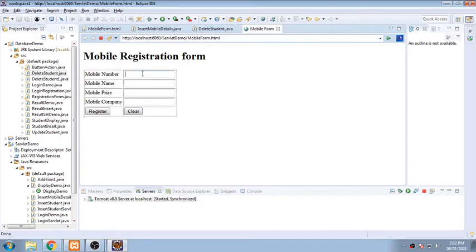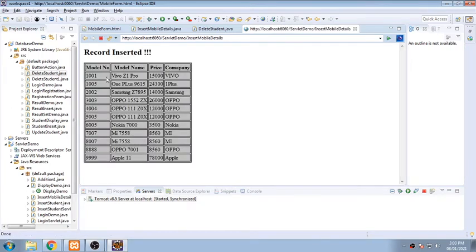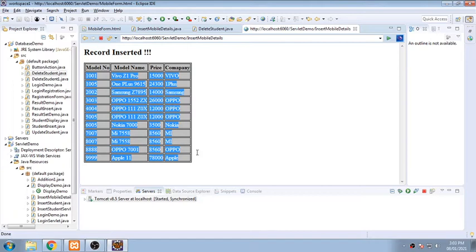When I put any record over here, suppose one mobile I'm adding here, Oppo 701, price is suppose 8560, and the company is Oppo. When I add it, it will be stored. So we are finding it is in the database.